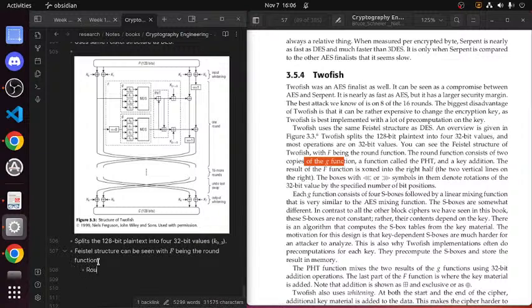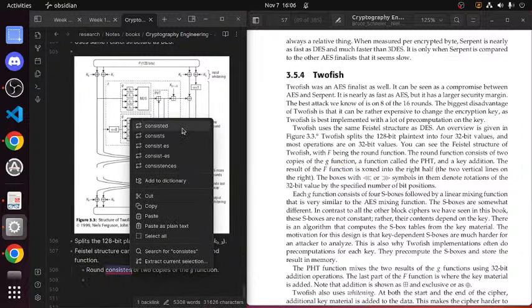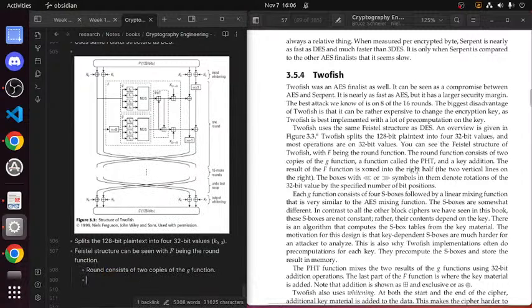A round consists of 2 copies of the G function, a function called the PHT, and a key addition.